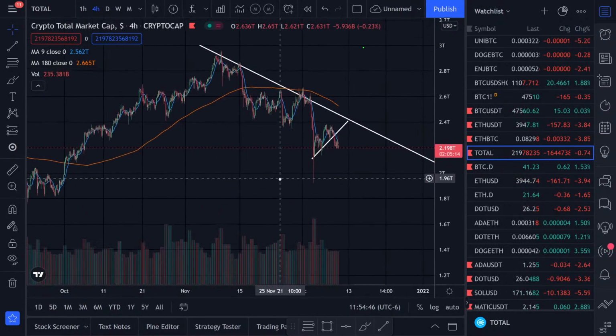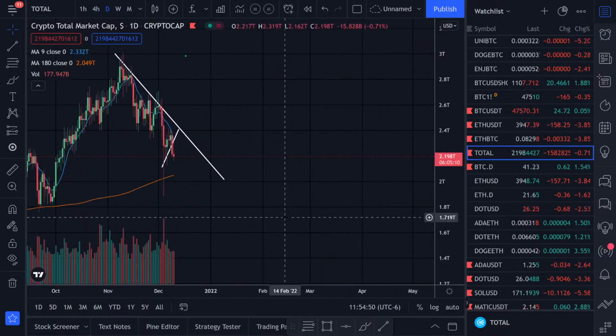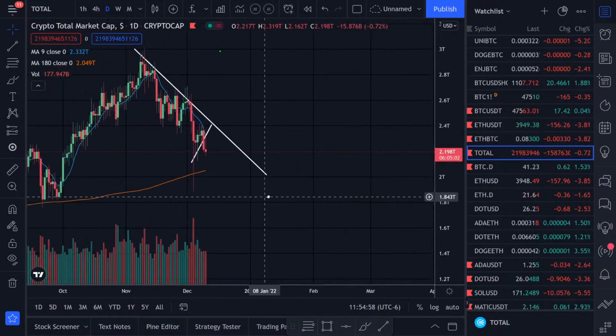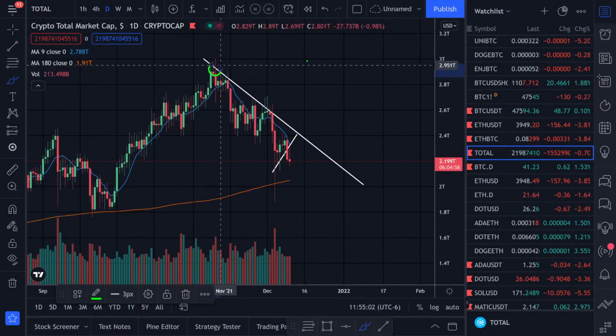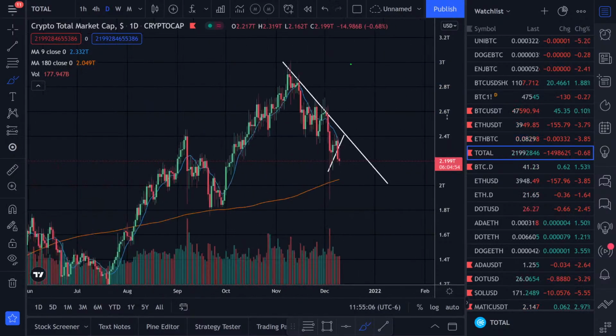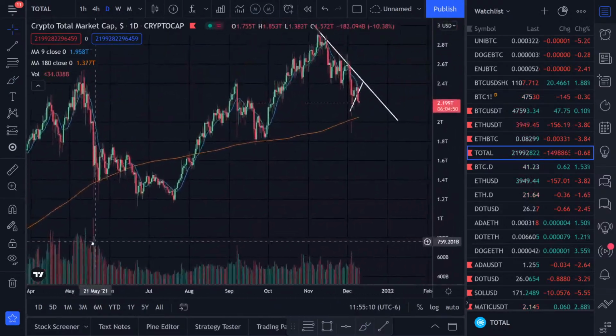So let's take a look at the total crypto market. Let's start off with that. I have some notes, or not notes, but kind of like the points that I want to go through, and let me get my pen so I can cross them off. All right, so right now we're sitting on the total crypto market, on the daily time frame, and we have resistance, resistance, resistance. We're looking at this downtrend. We've been watching this on my videos, and we had an uptrend. We broke